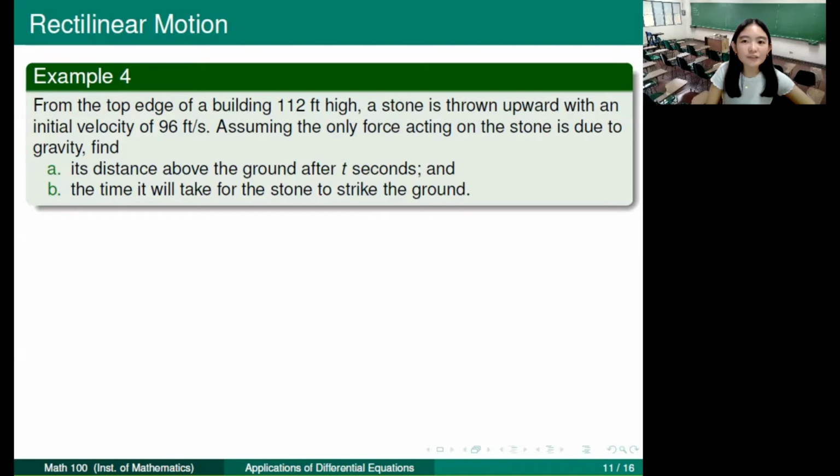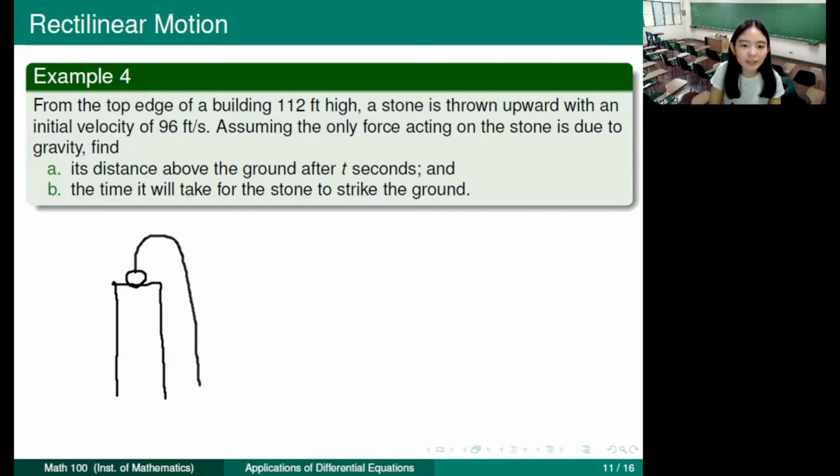Pero dito, different na siya because we are throwing the stone actually on top of a building. So I'll draw my building. Alright? Yan ang aking building and this is my stone. Itatapon yung ating stone actually pataas tapos parabolic siya na pababa. Okay? Kasi after some time, it will be reaching the ground, in fact. Ang ating building ay of a height na